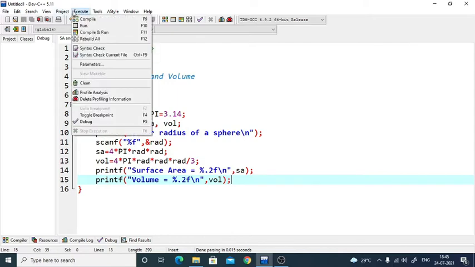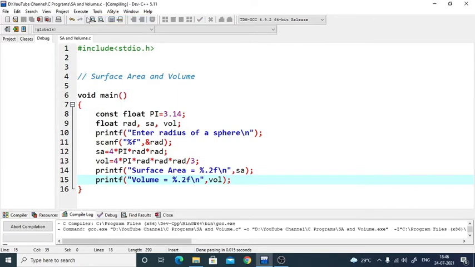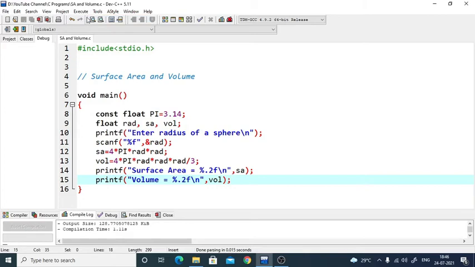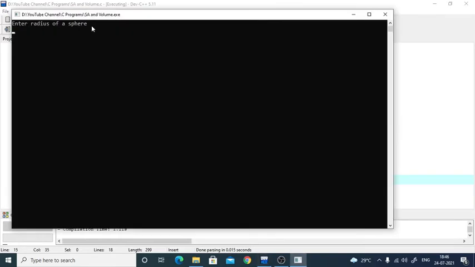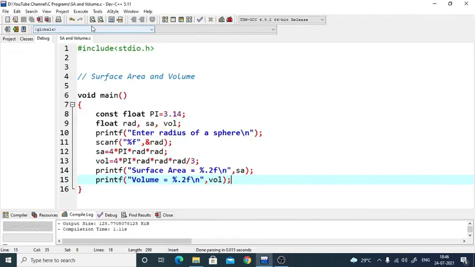Okay, so compile. Yes, it compiles properly. Let us execute. I'm entering the radius of a sphere as 7. I get some area, I get some volume. You can very well cross check that by doing it manually, and you'll get the same answers. So it's working. Now what is the problem here?